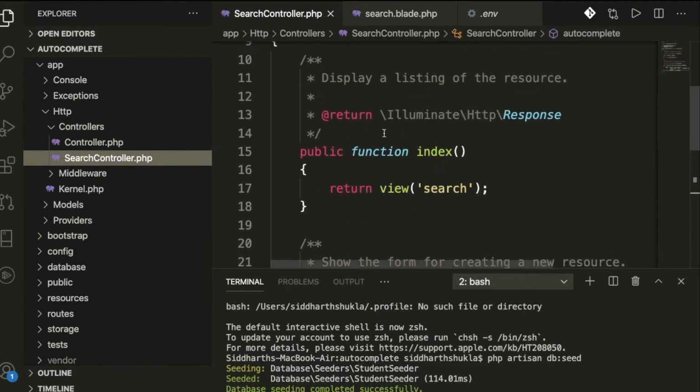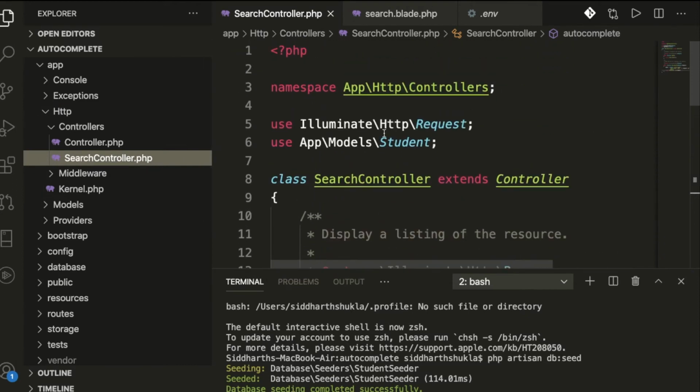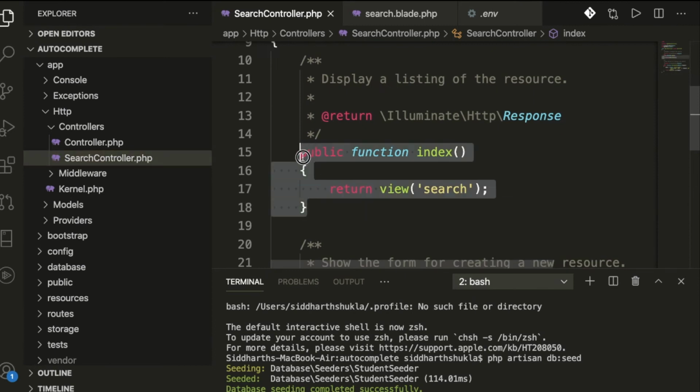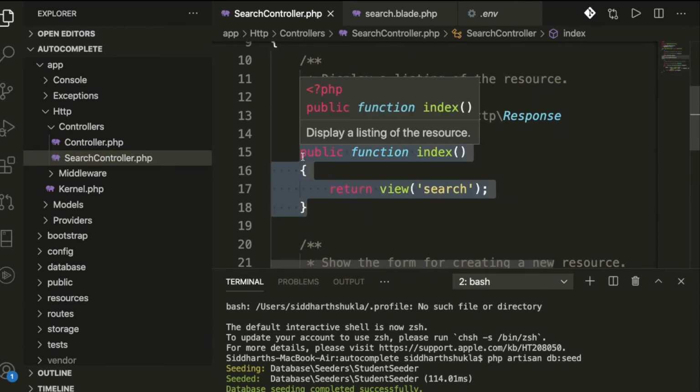Look, we have the controller files here, and inside the controller we already have two functions, one of which is index. We are using the index function to reload, or call, the page basically. We are returning a view from here.